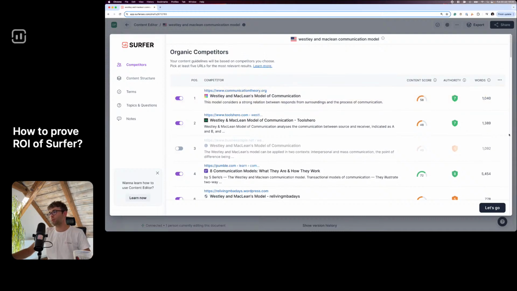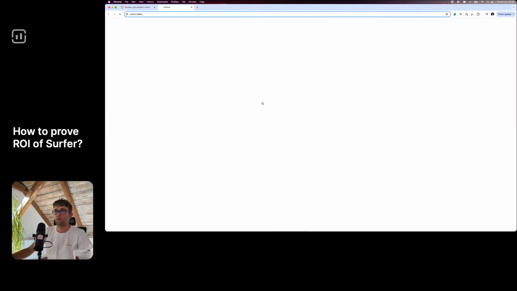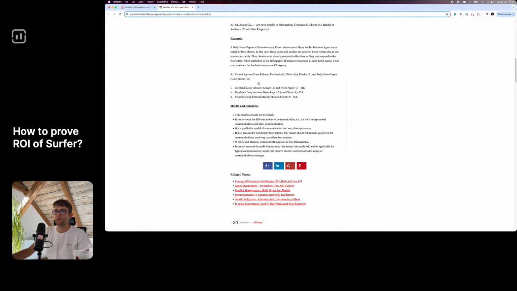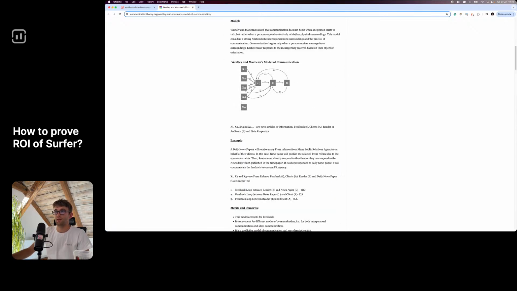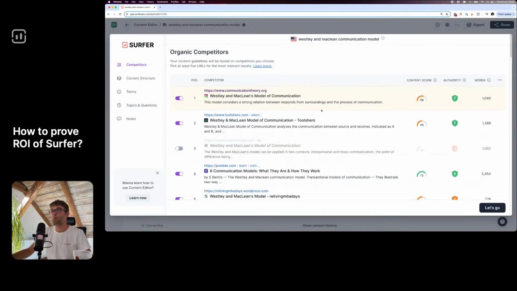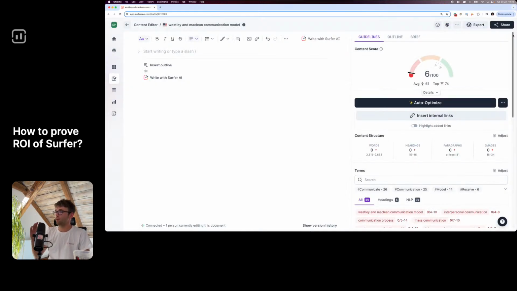So we have to go to Google. We have to read all of these pages manually. Let's try to read one of these. We need to assess the information from this website, this page. We need to read the definitions, extract knowledge, extract entities, and so on and so forth. We need to repeat it a couple of times from this SERP, and we are only at a moment when we know